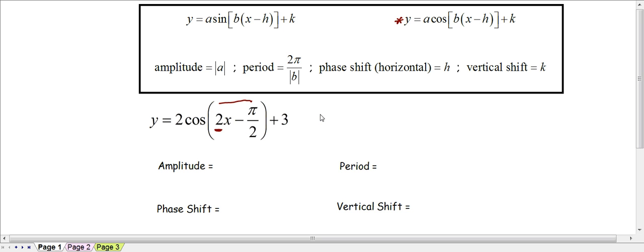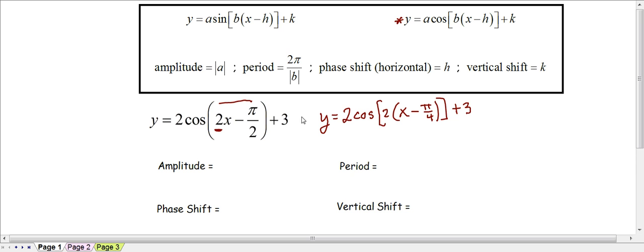So when we do that, we have y equals 2 cosine, okay, factoring out the 2, so 2 times, so we divide each of these by 2. 2x divided by 2 is x, and pi halves divided by 2 is pi fourths. Plus the 3. So now we have it in the proper form. We can identify what the a is, the b, the h, and the k, which allows us to determine the